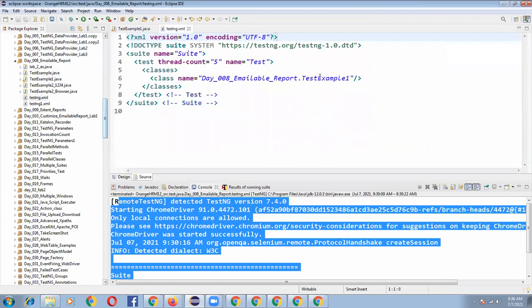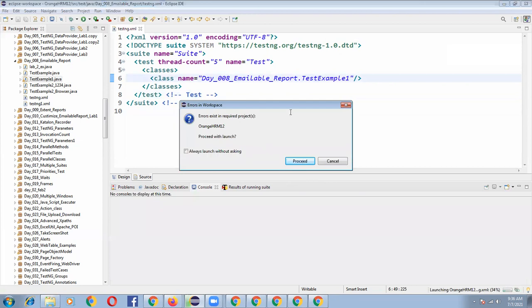Let me open the same file. This time TestExample1.java has been generated. Let me run this program so that the set of driver instructions will be executed. After that, I can check my reporting part in the available reports.